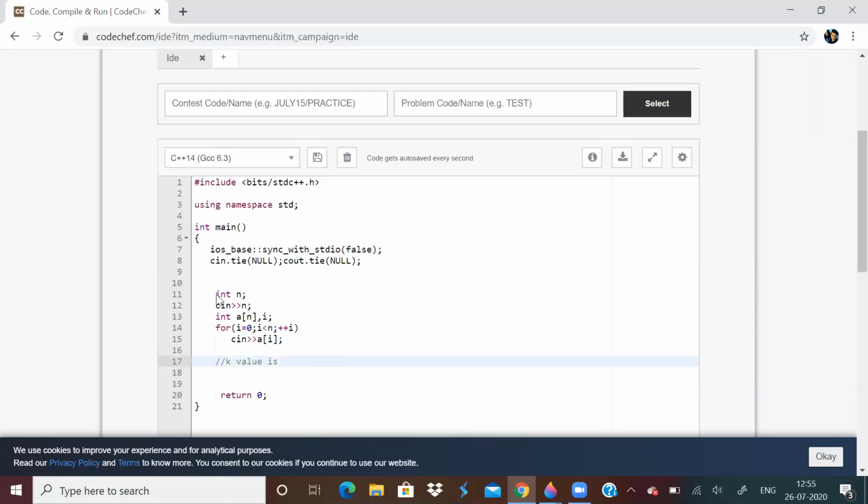Sorry for that. So the k value is 3, okay. Now we want to implement sliding window.